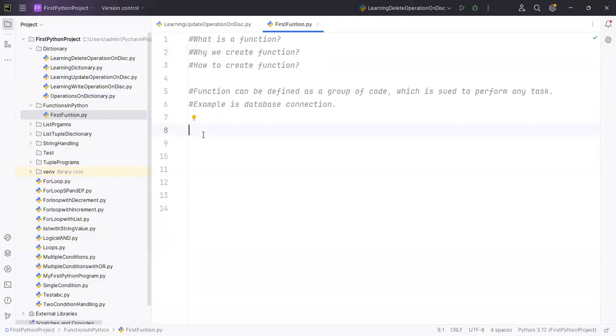In the same way, if we need to create a database connection, then we need to use some set of lines like these 6, 7 lines, right? And then we may